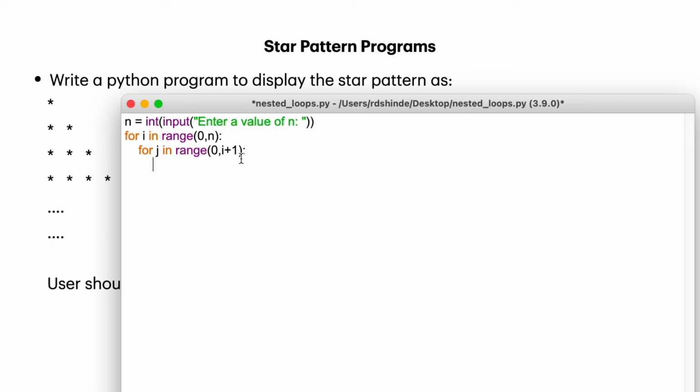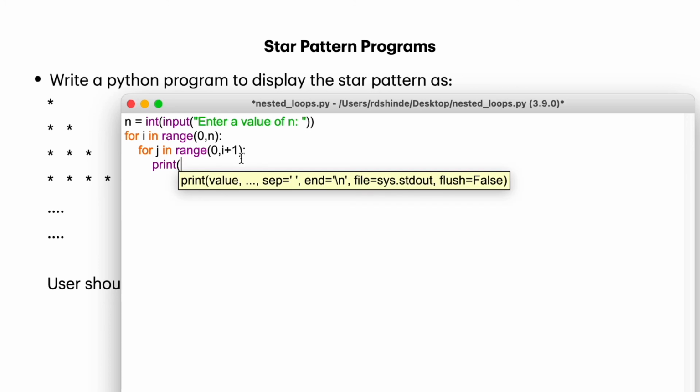Now what do we want to print? We want to print a star, so it is a string. Let us give some spacing here so that we can see it nicely printed.